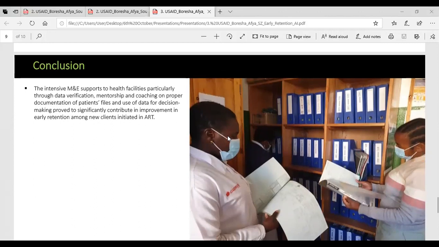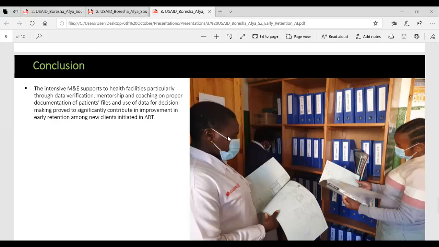Yes. So in concluding, we also find out that through this initiative, even though it was implemented in collaboration with the technical team, the regional and council health management teams, as well as the facilities, we saw that the SI unit or the SI component can play a very key role in ensuring that the facilities track and follow up properly the new clients that were initiated on treatment, and through intensive data verification, making